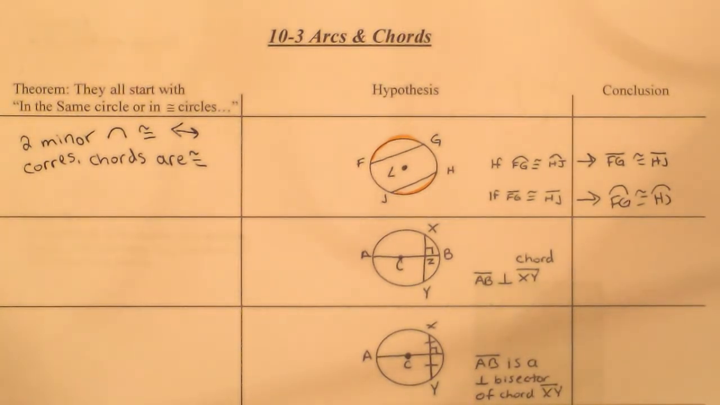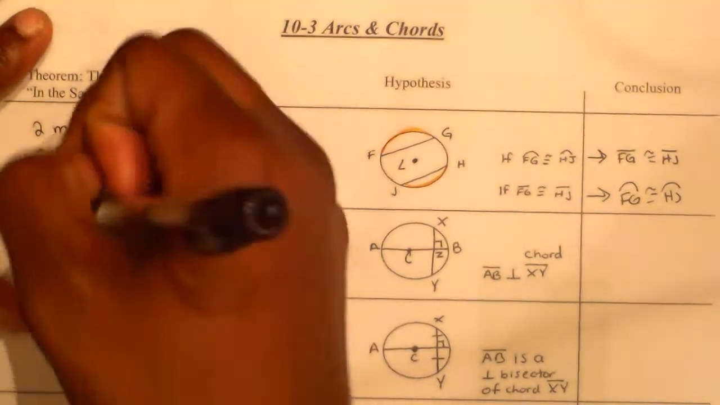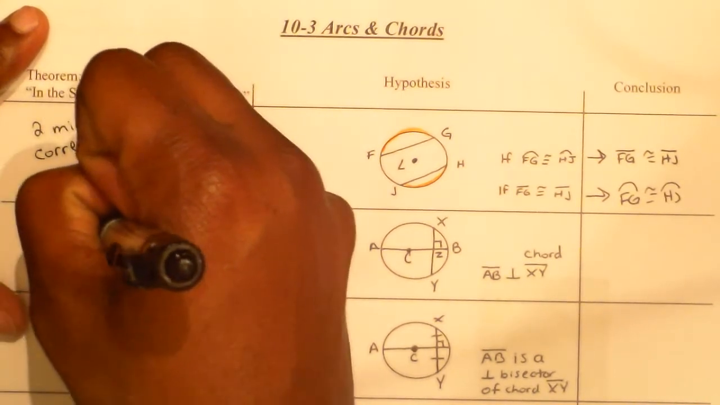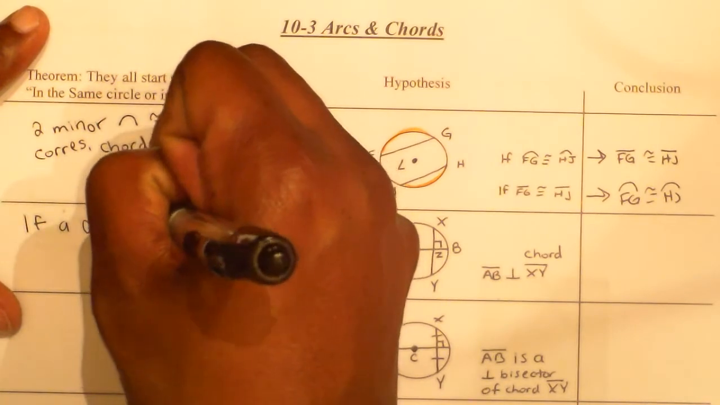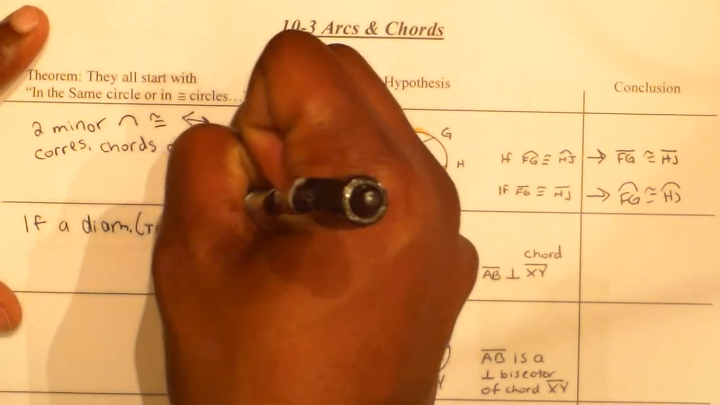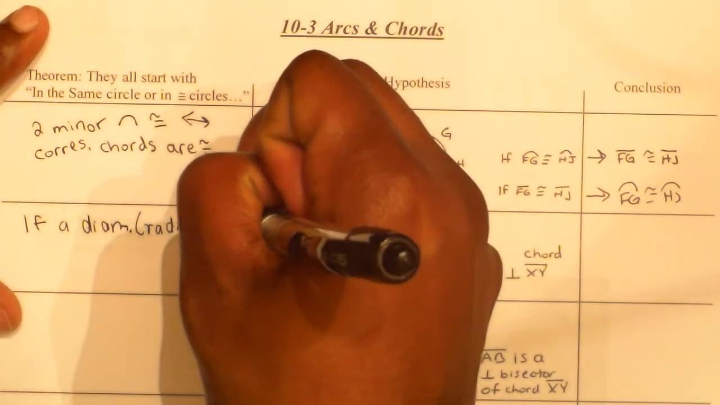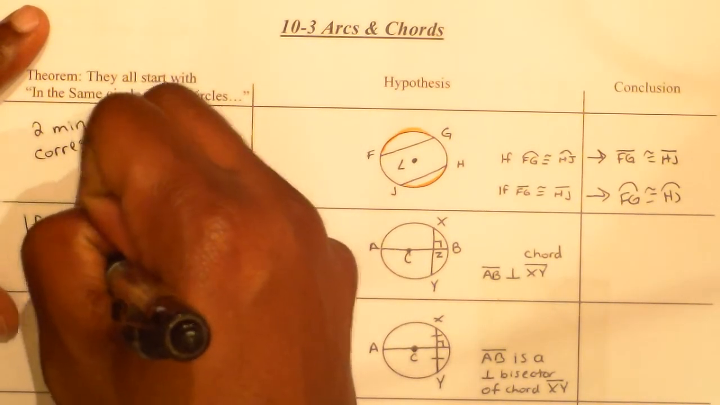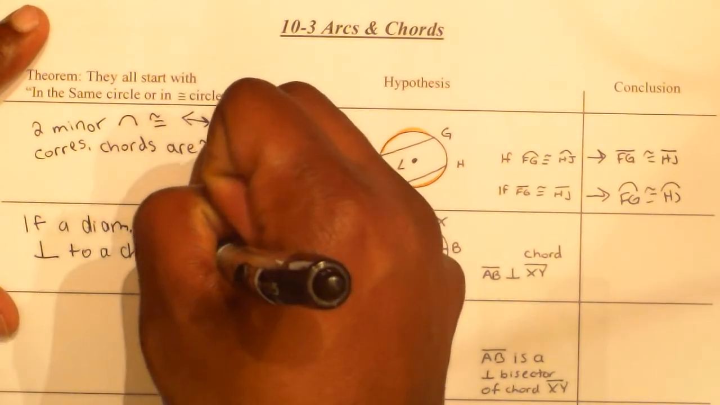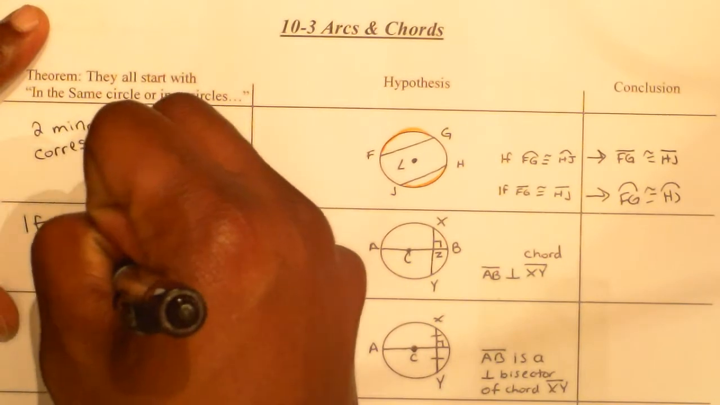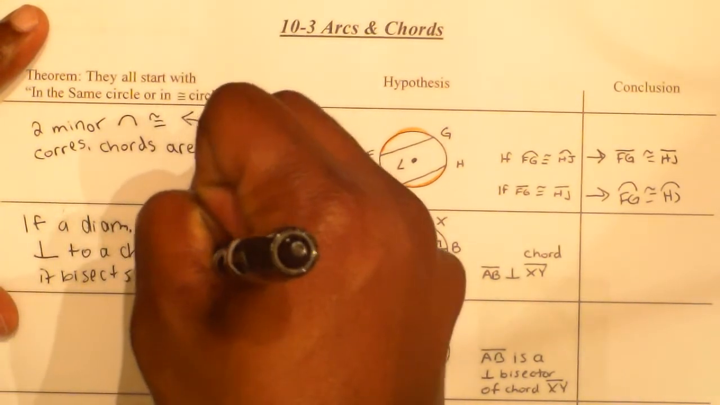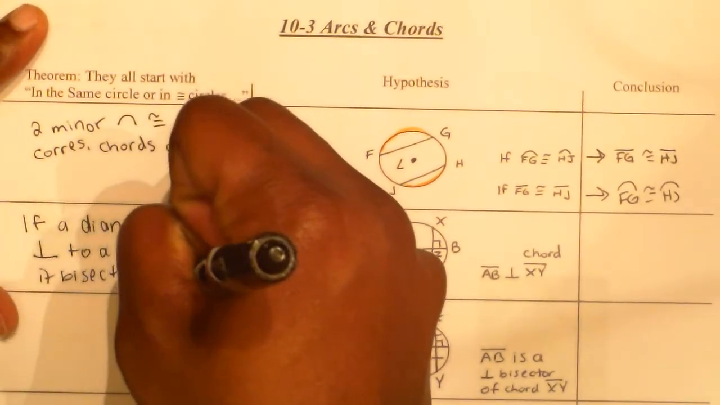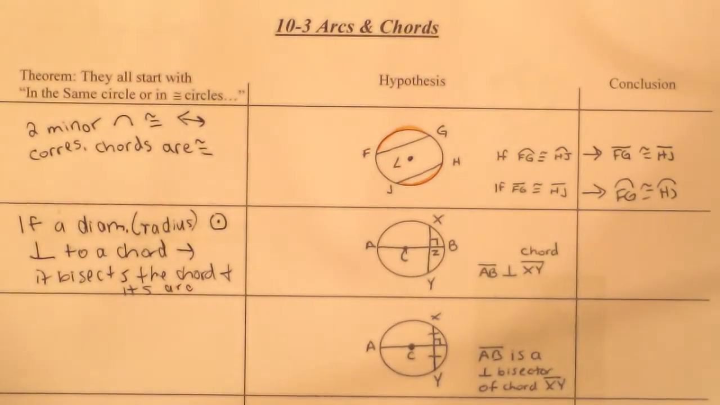Got it? Okay. The next theorem says that if a diameter or a radius of a circle is perpendicular to a chord, then it bisects the chord and its arc. So if a diameter or radius of a circle is perpendicular to a chord, then it bisects the chord and